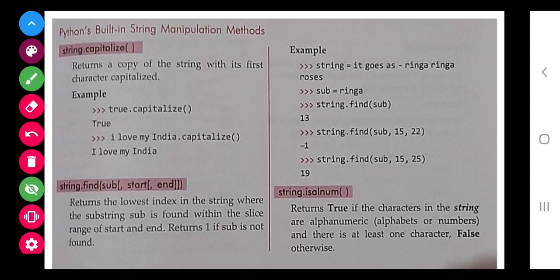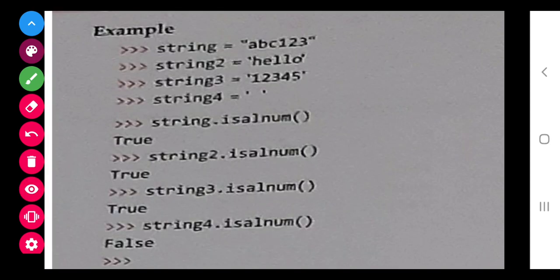Now class, next is isalnum. Isalnum means alphanumeric value. If in a string there is an alphanumeric value, then it will return true. Different examples are formed. In this you can see ABC123. In this you can see that hello is written. In this only the numbers are written. In this nothing is written. So this will return true definitely, because alphabetic is there, numeric is there.